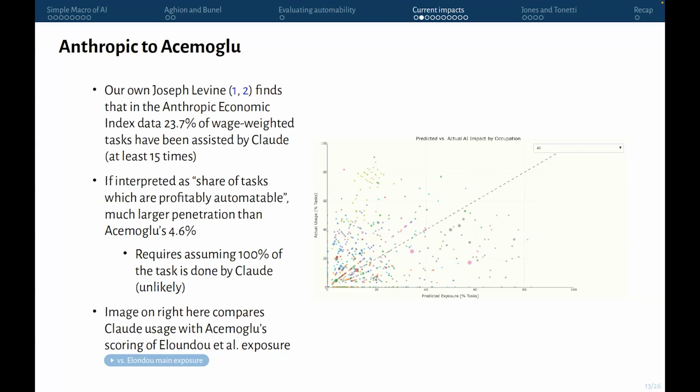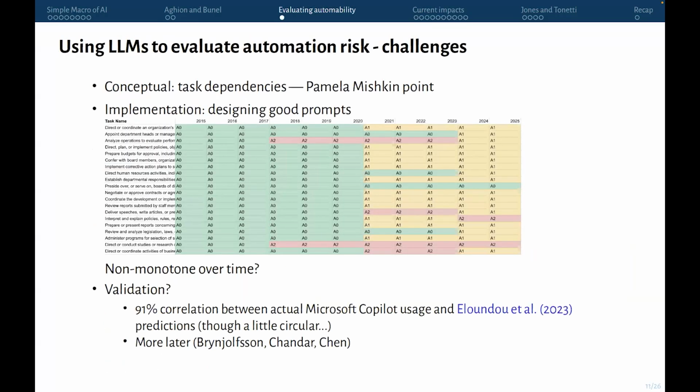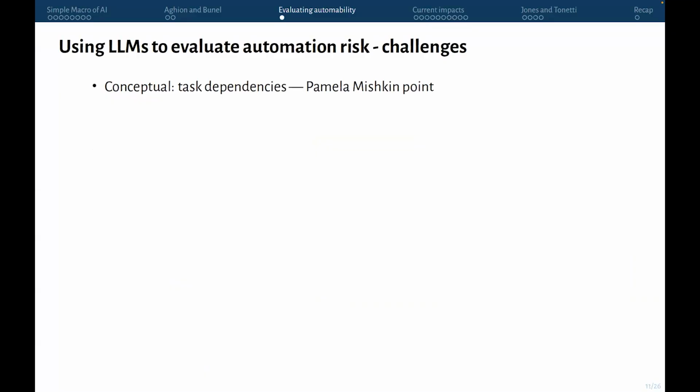Also, if someone else can correct me if they know more about this, but I'm pretty sure in the Bick, Blandin, and Deming paper, which we're going to talk about in a second, which is a survey of AI use in the US, they report a pretty high correlation between the people in their survey in jobs who are using AI and the Acemoglu and all exposure measures. So I think they have been somewhat validated, but subject to all those great caveats. And I know that doesn't really answer your question, Maxime. I don't think I actually know the answer to your question completely.